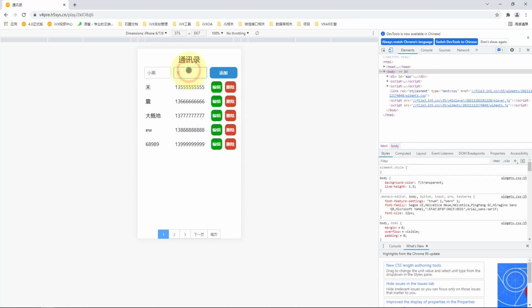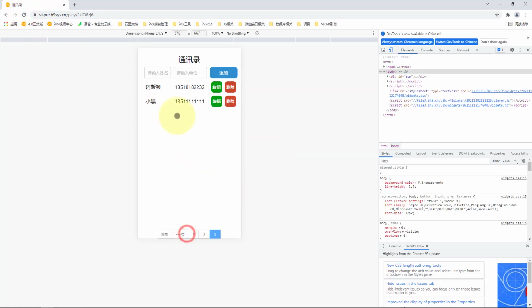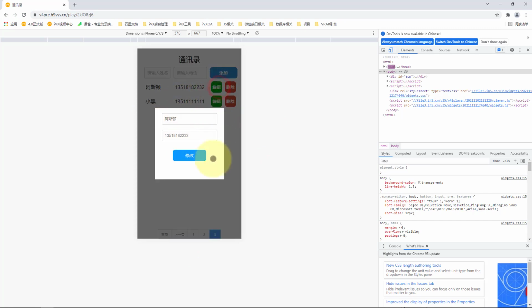We can enter a name here, and then enter a phone number. If we enter the phone number here at will, when we click Add, it will tell us to enter a valid number, and then we can enter a real phone number format and click Add. It will tell us that it has been added successfully. Similarly, if we refresh, we can also see the entry we just added on